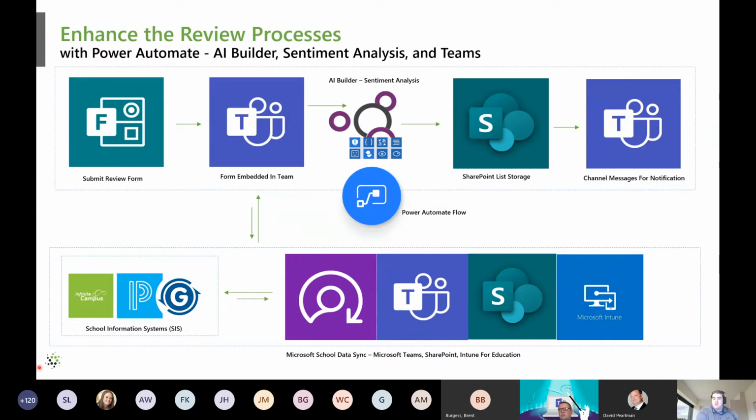Not only is there out-of-the-box support for those and many more, there are also different ways that you can tie into other school information systems to pull out class rosters, to pull out class details, to generate Microsoft Teams or SharePoint sites or do Microsoft Intune device management. Microsoft School Data Sync really enables that and, from our perspective, accelerates that. If you were to do this without School Data Sync, you're going to be creating and provisioning a lot of these on your own, and you're going to be responsible for planning that out. With School Data Sync, you still have to plan it, but it can be that framework that we use to generate classrooms and so on.